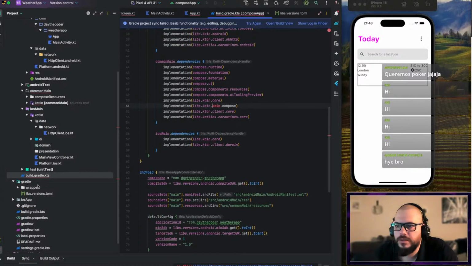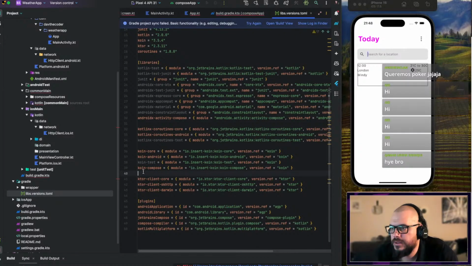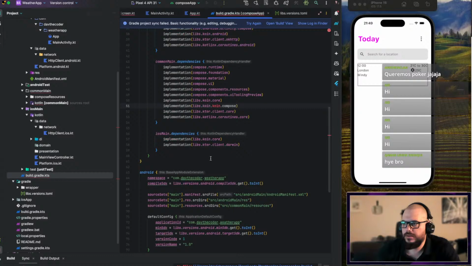Okay, so probably because I did something wrong when I actually declare it. No, Koin Compose is there actually. Okay, Koin Compose. It's not Koin Core, it's Koin Compose. Koin Compose, perfect. Stop, it's perfect. Ah, there, because